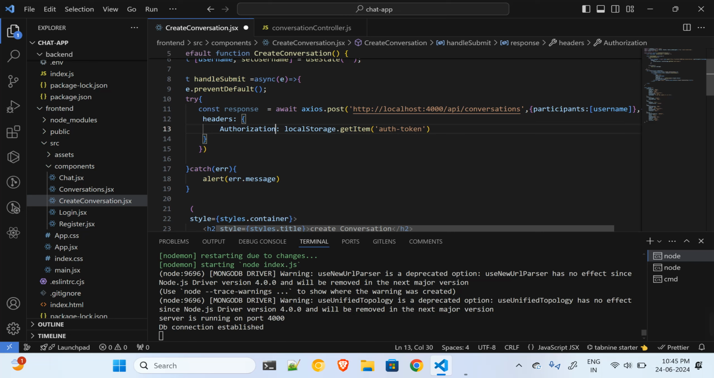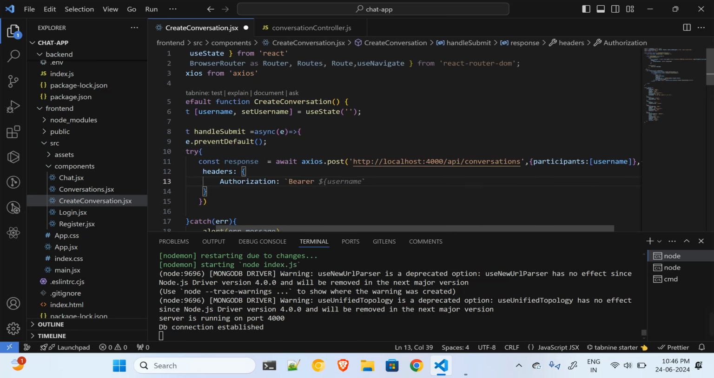Authorization bearer token. So for that purpose, I will just say bearer, and it will take the token. Token basically you can pass from the front-end side. So I will say bearer space token over here,